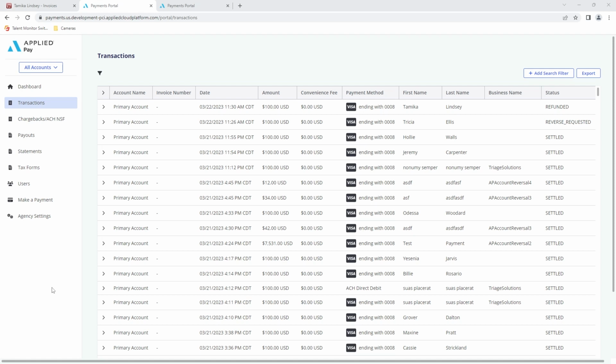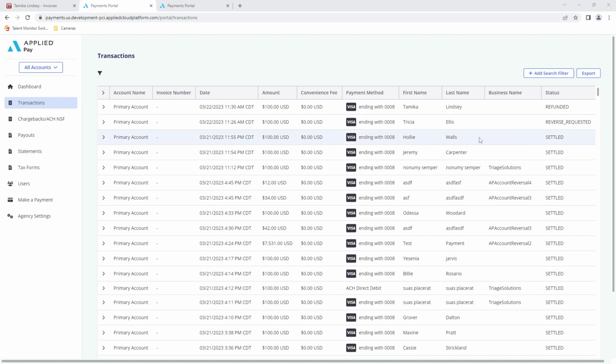All right, so the first thing we want to do, here we go. We're in Applied Payments, and this is where we recommend that you start from. If you're going to be refunding money that has been paid through Applied Pay that is accounted for inside of EZLynx accounting, you want to always start inside of Applied Payments. Why? Because it's going to pass notification from Applied Pay into EZLynx to automate the actual reversal and refunding in EZLynx accounting. That way you don't have to go back in and do it. You can see we have a whole bunch of different transactions here in our test account. Some refunded, some